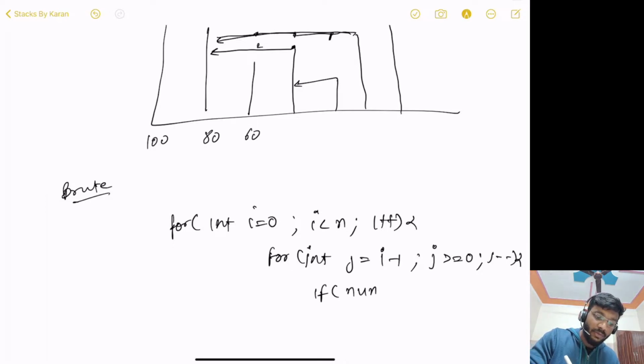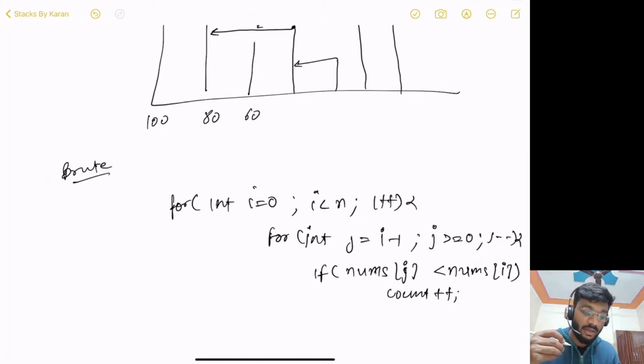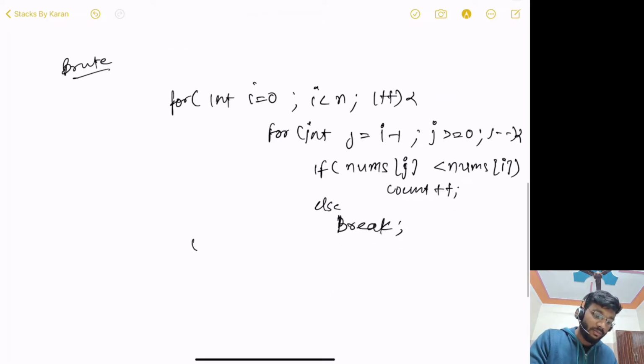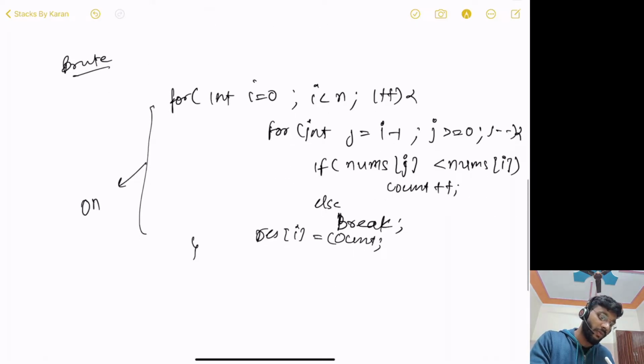If nums of j, let's say the array is called nums, is less than nums of i, this is where I keep on going and increase the count, since my ith, the current index, should be greater as well. Else break, right? And for i, result of i should be count. Now the brute force solution is this, and the time complexity of the brute force is O of n square,